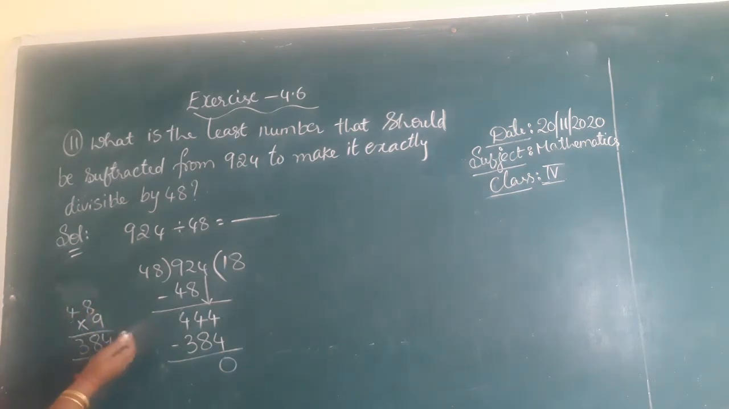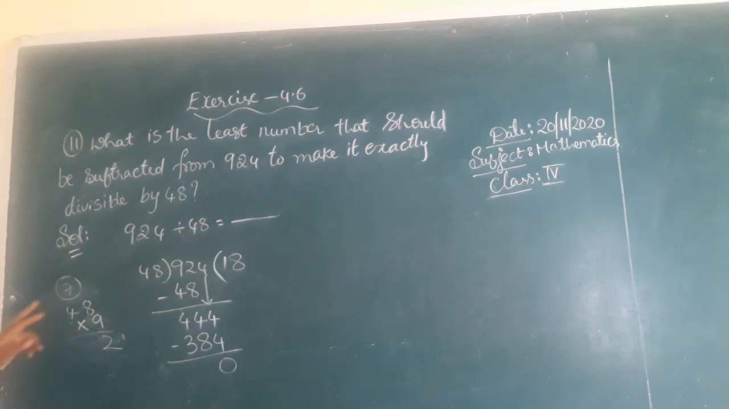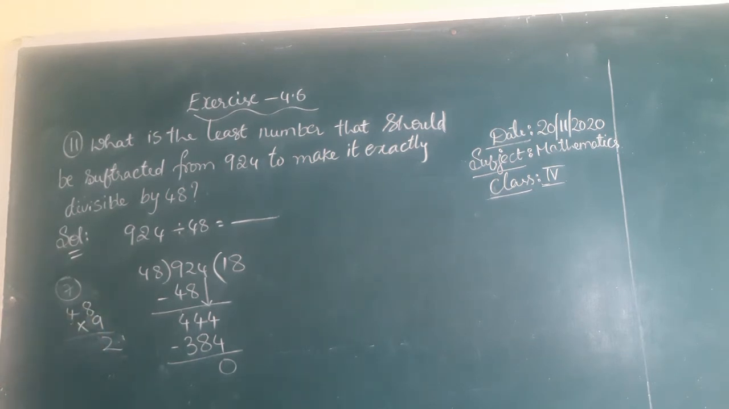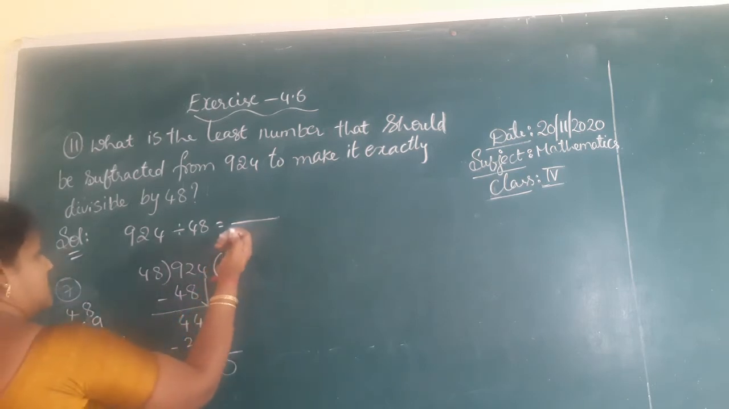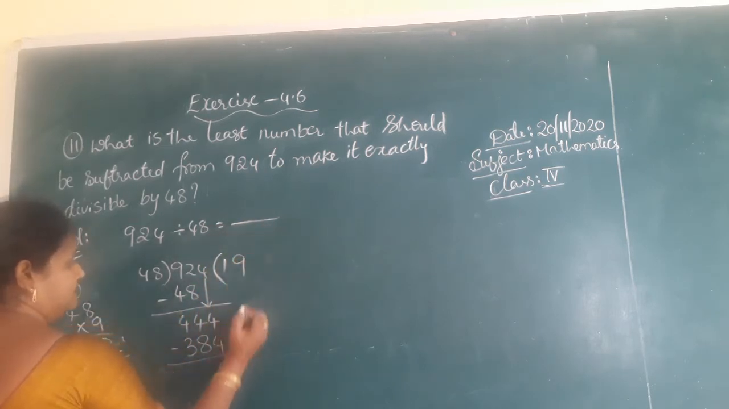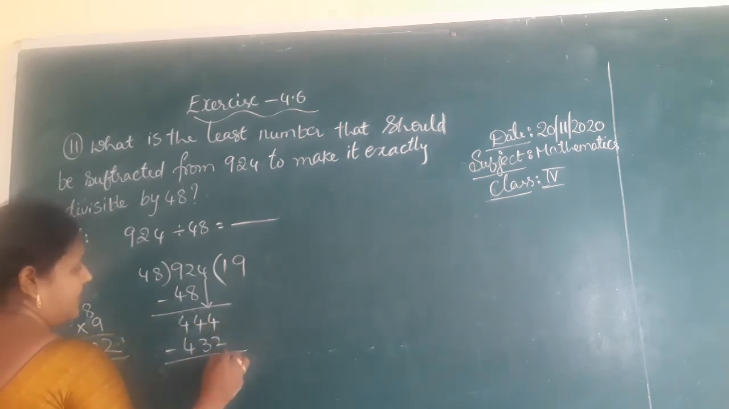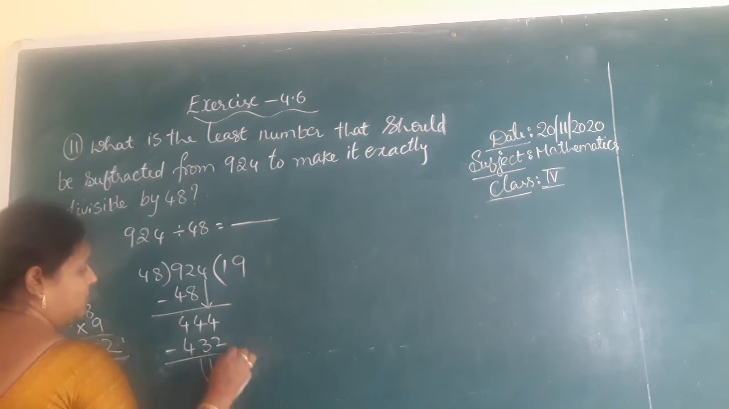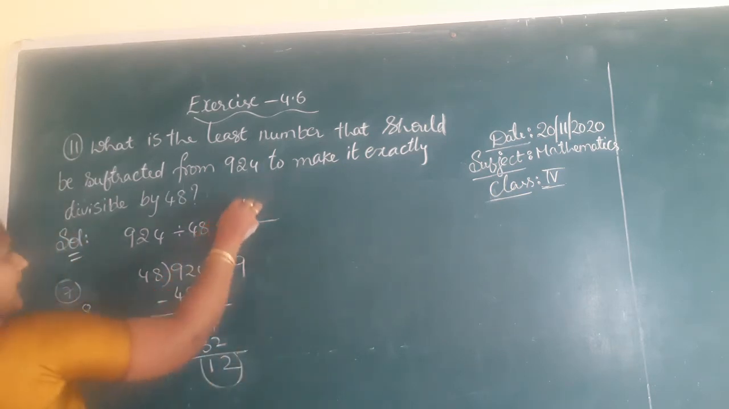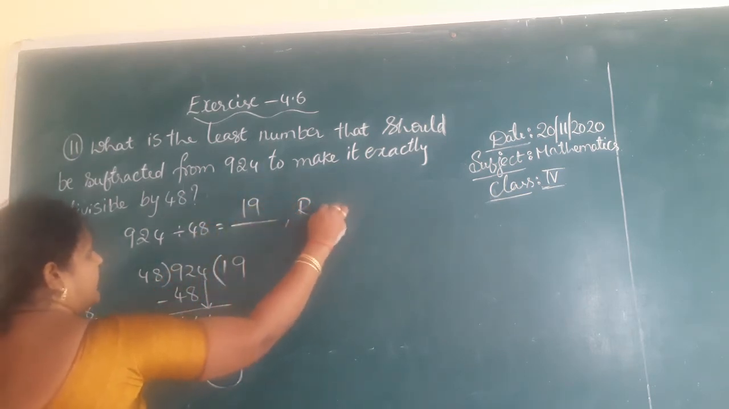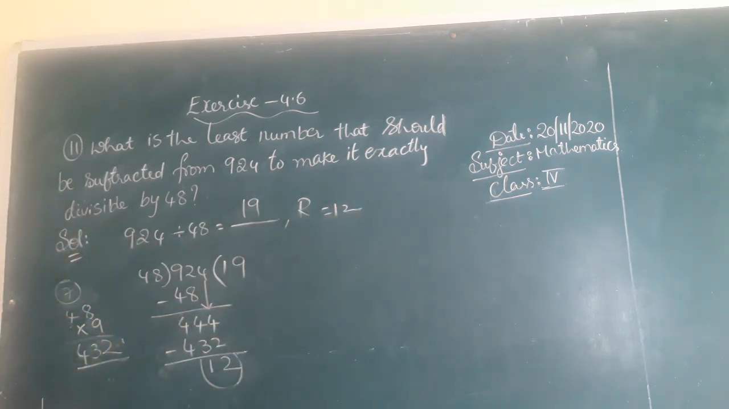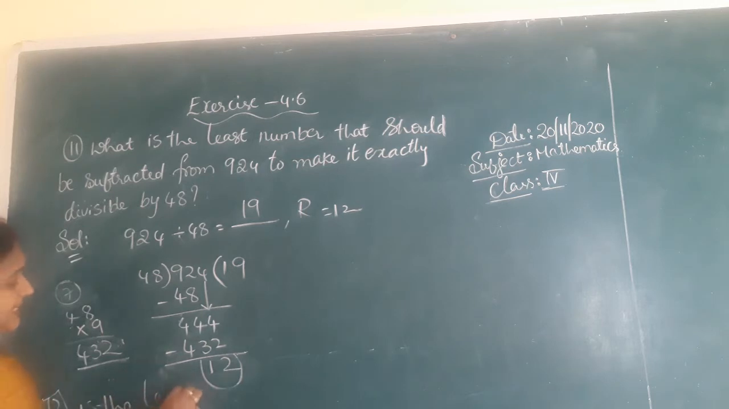8 nines are 72, 4 nines are 36, 36 plus 7 is 43. So 9 times 48 is 432. 4 minus 2, 2. 4 minus 3, 1. So 12. Here 19 is the quotient and remainder is 12. So 12 is the least number that should be subtracted from